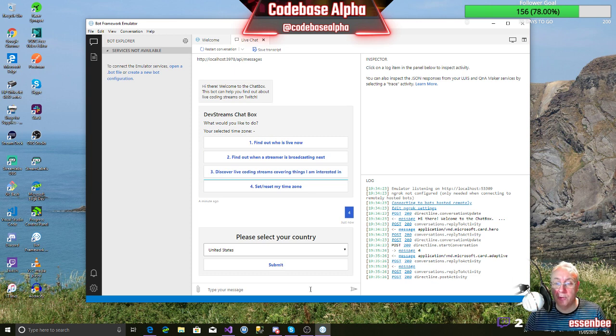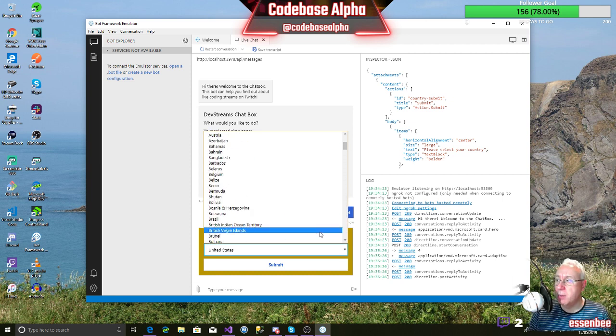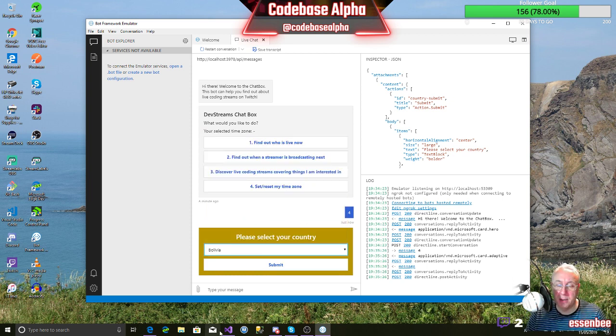So it's going to ask us for our country. It defaults to the United States, but we've actually got a full list of all countries here. And this is coming from a NuGet package called Time Zone Names. So these are all the countries which have a time zone DB entry in that package. And we can select Bolivia or whatever, and we press submit. This is what's called an adaptive card. This is what I've just highlighted up in this ochre colour. And an adaptive card, when we press the submit button, is basically going to do a post back to our bot, and we'll pick that up from a post back JSON that comes back to us.